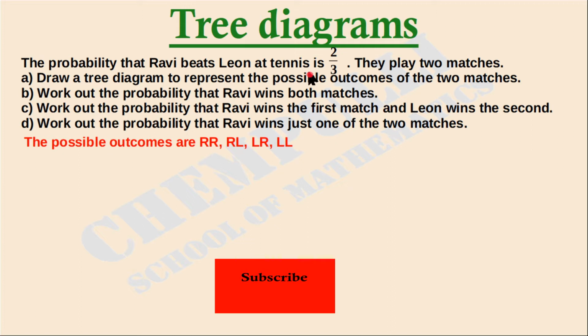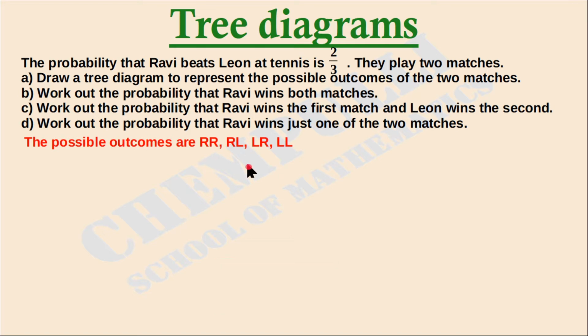Okay, then we are going to represent this data as a pictorial representation. That is called which one? Tree diagram. We can check how to draw a tree diagram. Here there are total 2 matches. That means first match and second match. First we can take that part, first match and second match.